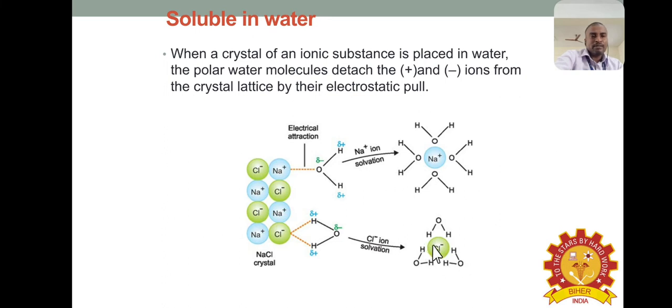This type of arrest leads to the dissolving of ionic crystals. When we put these ionic crystals into polar solvents, they will be arrested. I mean, cations and anions are arrested by water molecules. Here Na plus is arrested by water molecules in this manner, oxygen surrounding Na plus. Here Cl minus ions are surrounded by the H atoms present in the water molecule. In this manner, most of the ionic compounds are dissolved in water.